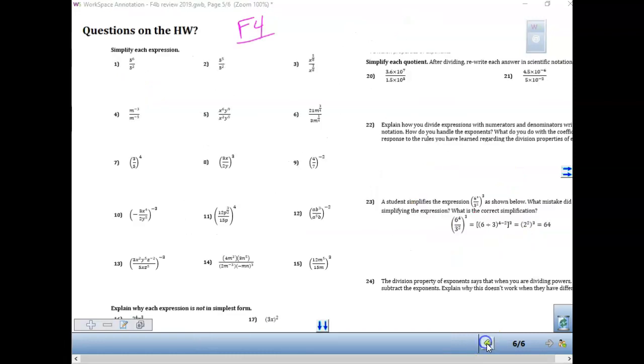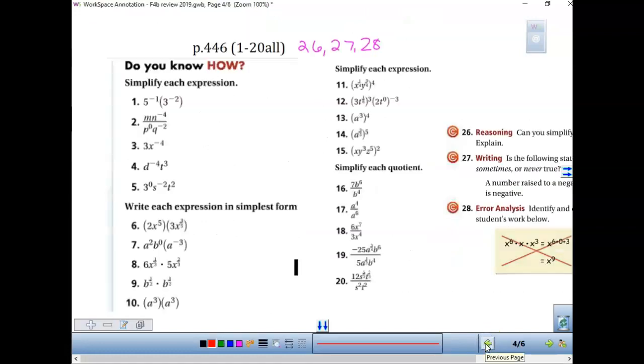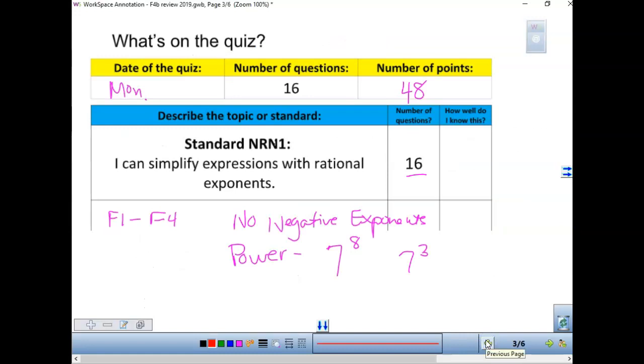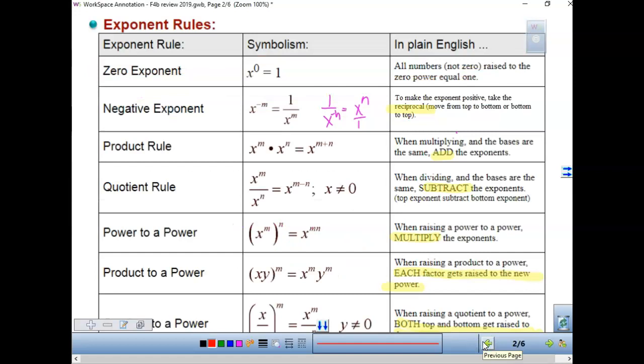So again, the key thing as you are working on this page, think that you won't be having your calculator. Yes, this is simply division when you have negative 25 divided by 5, 6 divided by 3. So simply working on those problems and doing that. What's on the quiz for Monday, go back over those rules, look at them if there's any other questions to make sure, and then